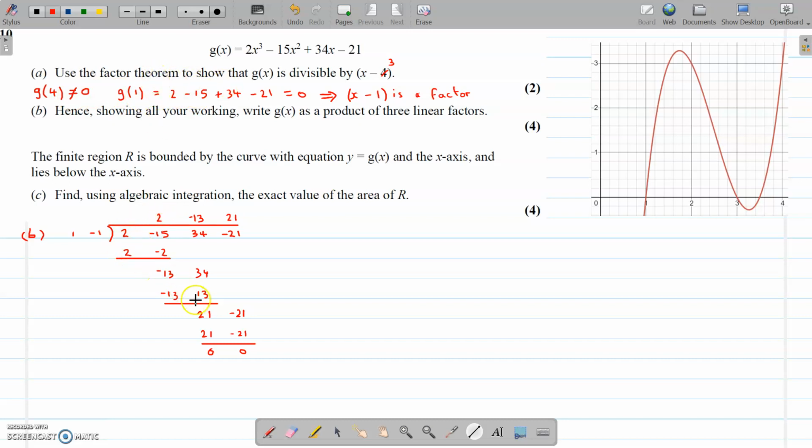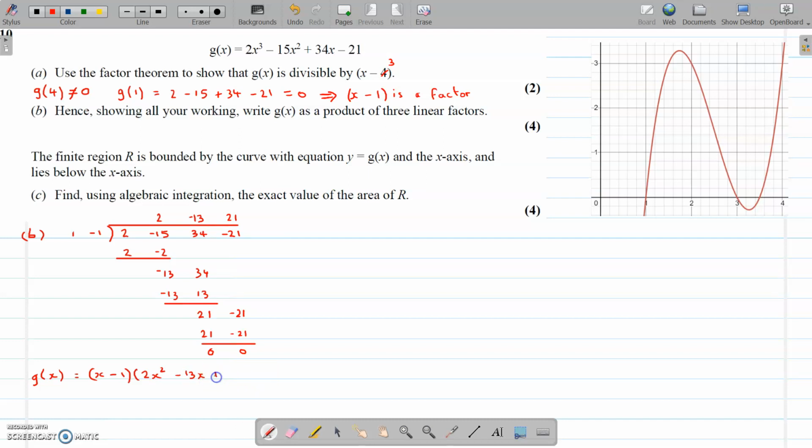So if we had just gone straight into this division to show that x minus 1 is a factor, that wouldn't be acceptable for that question because it explicitly asks you to use the factor theorem. Anyway, we've got that far, so we know that g of x can be written in this form. So g of x is equal to x minus 1, multiplied by the quadratic that we've just obtained, which is 2x squared minus 13x